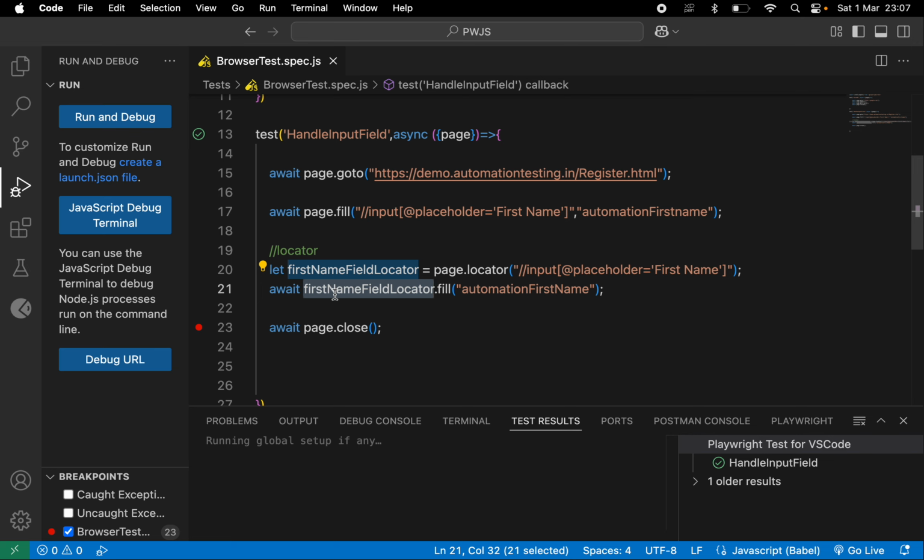We will see in which place we cannot use the XPath, where the CSS selector or the inbuilt functions of Playwright will help us. We will see that once our advanced session starts. Okay, so you can see